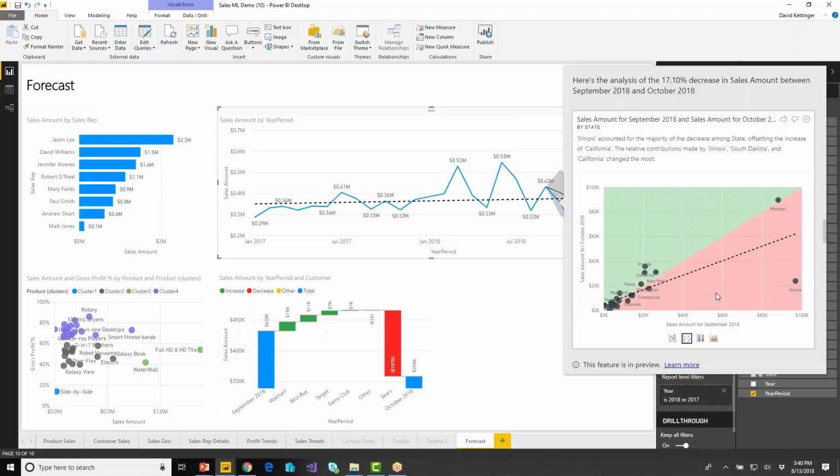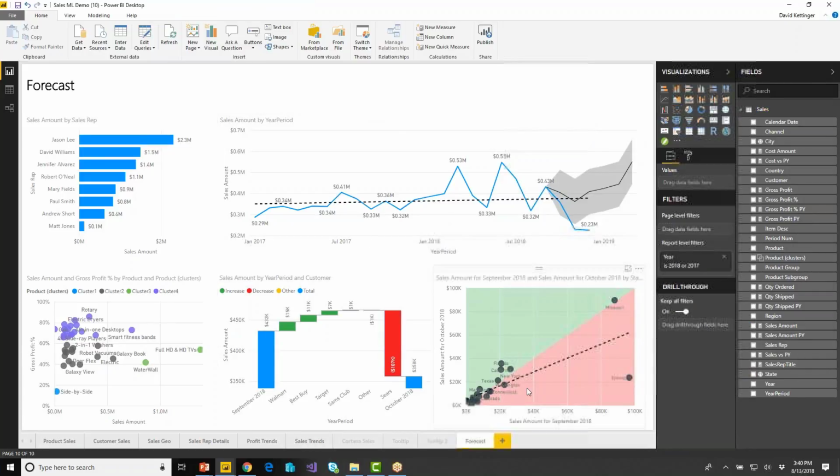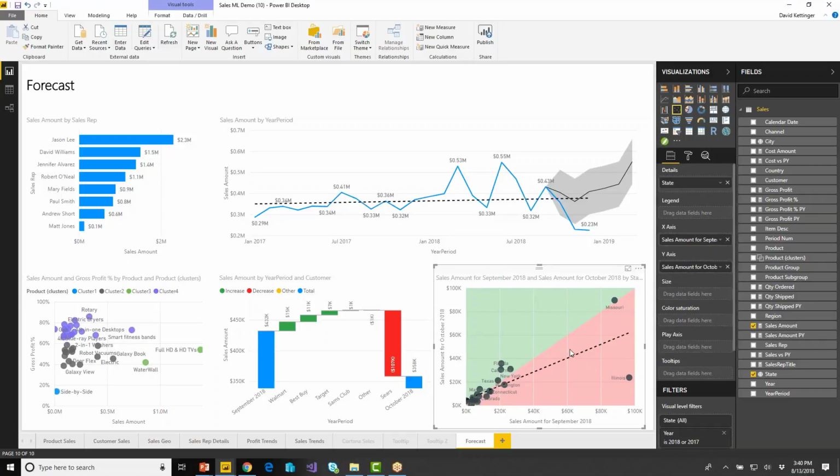And this is actually a pretty advanced visual to make. You've got some symmetry shading and a trend line here. And I can go ahead and just add this to my report as well. And you can see Power BI places it in the canvas where it thinks it should go, and sure enough, I do want it to be there. And again, this is part of my report now,